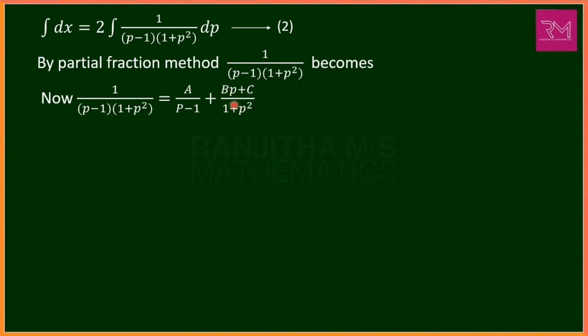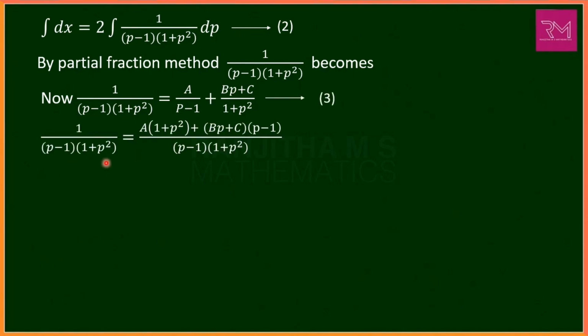Next step, in the right hand side, cross multiply these two values. We get 1 by (p minus 1)(1 plus p square) equal to a into (1 plus p square) plus (bp plus c) into (p minus 1), divided by, in the denominator, (p minus 1) into (1 plus p square). Here also we have in the denominator (p minus 1)(1 plus p square), so that we can cancel this term. Remaining is 1, which is equal to,